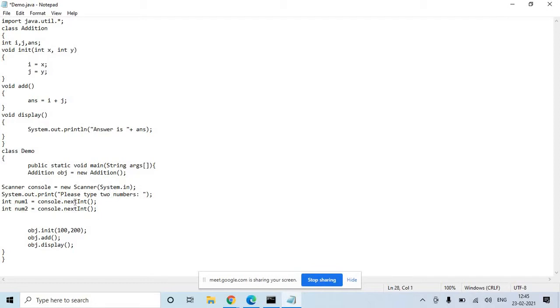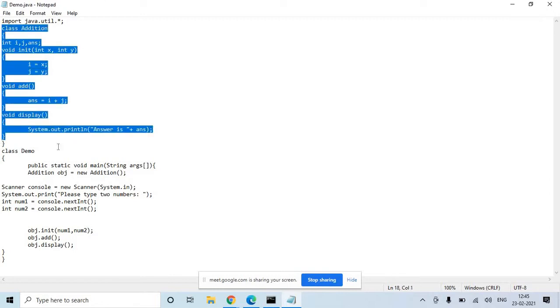The user will enter the first number, we will store it in num1, the user will enter the second number, we will store it in num2, and instead of this 100 200 we will pass num1 and num2, whatever value the user gives. The same program will work, you don't have to change anything in this class.